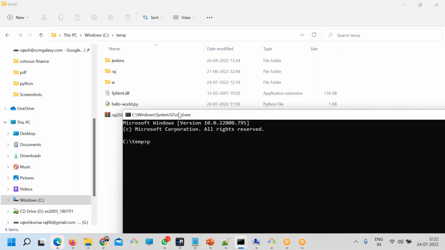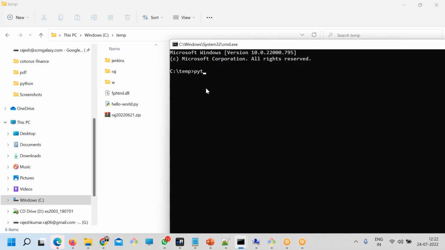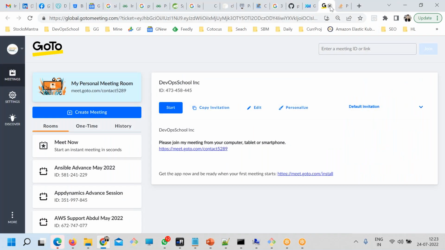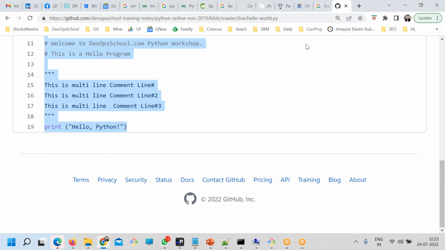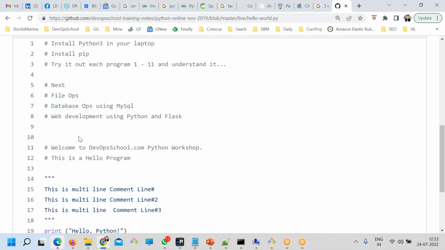Yeah, so here I'm going to start Python and hello world. Now it should print hello Python. The program again I would like to show you. It should be here. So this was the expectation.